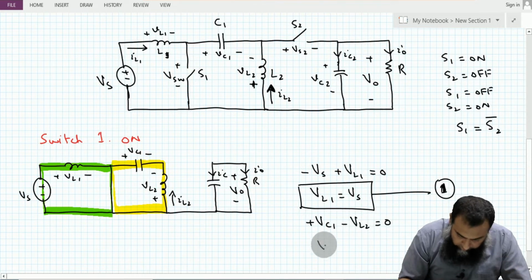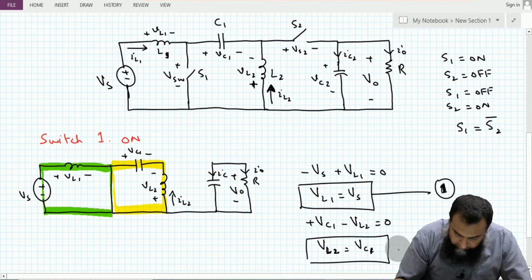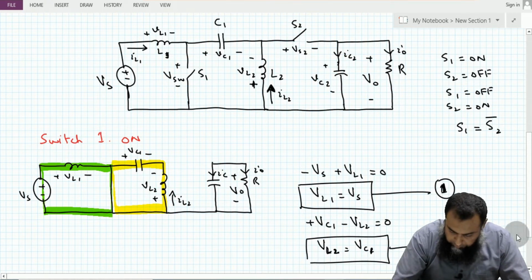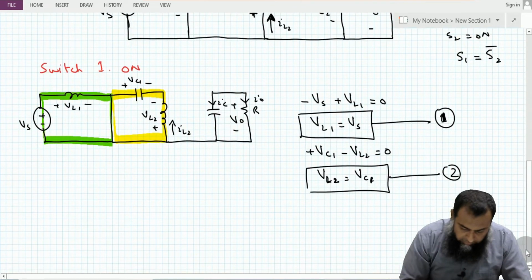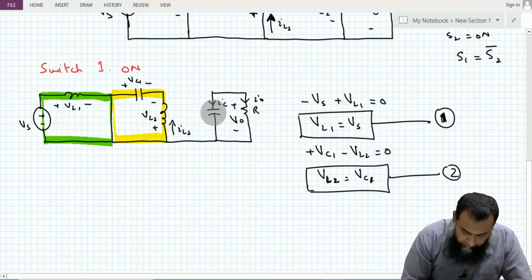So VL2 is equal to, sorry, this is Vc1. So VL2 is equal to Vc1. So let us say this is my equation number 2. Other than that, we can see here, if I apply the Kirchoff's current law here, then I have